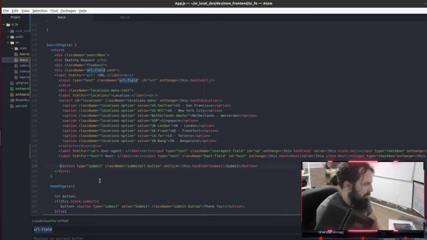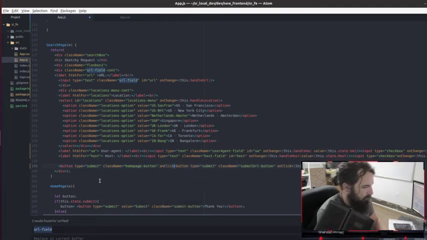I'm not going to really worry about styling these. It's just really for function anyways. Type equals submit. Class name equals, we're going to make this homepage button.